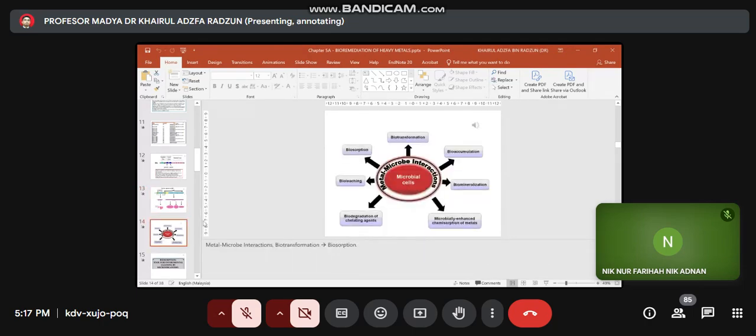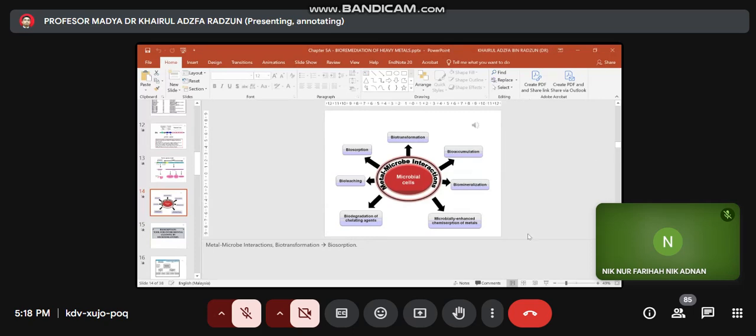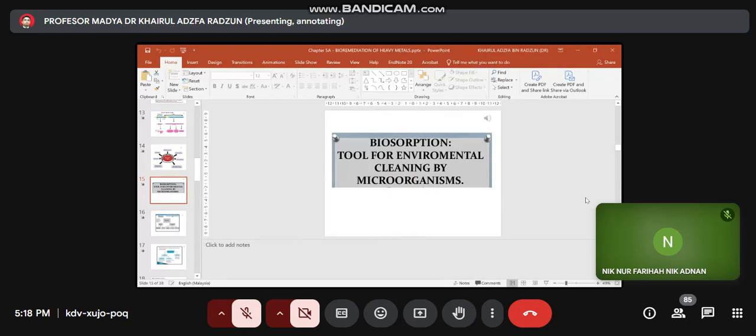Right, I hope you understand that one. Then this is just to recap the system. You can see the one I mentioned earlier, and now we go to biosorption, a tool for